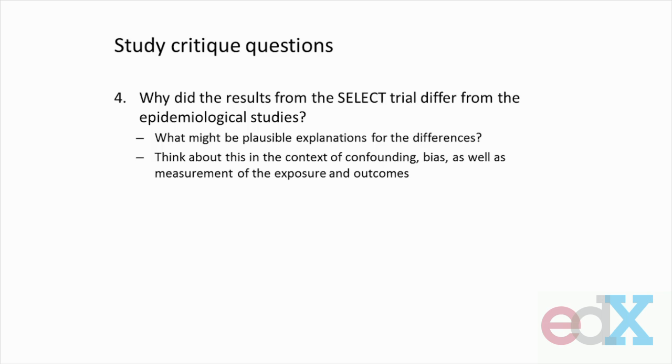Maybe it's something like how much PSA screening the men are getting is different among men with high and low selenium. Maybe it's another factor. The authors tried to address this by examining a number of confounders and adjusting for those in their statistical models. And adjusting for these confounders, actually, if you look at the results from Table 3 in the study, even adjusting